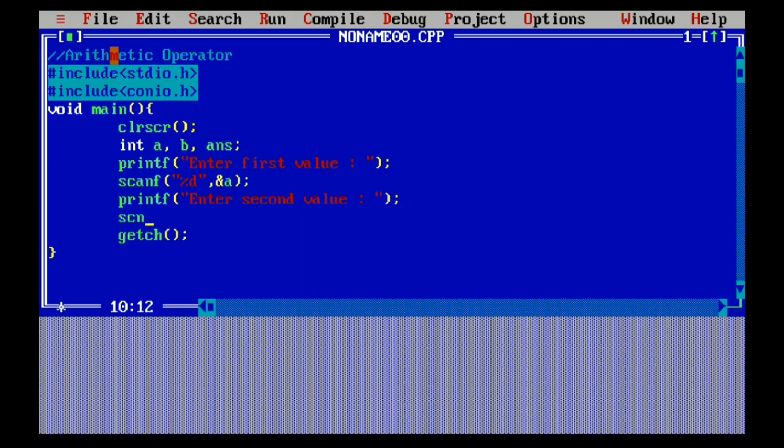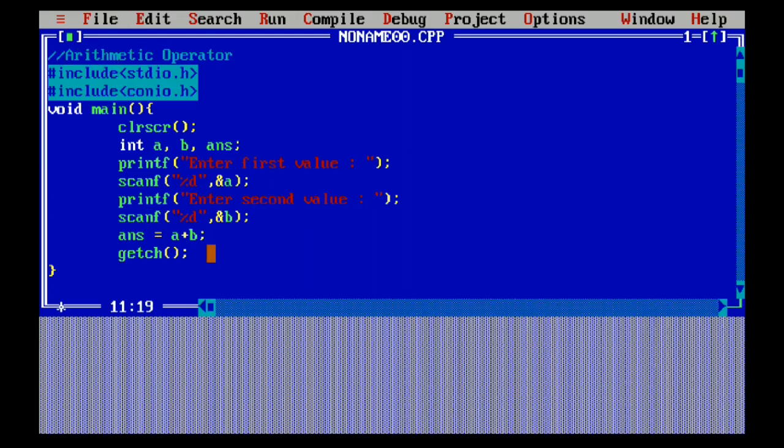Now printf for the second value, enter second value. Let us scan the second value, scanf percentage d, comma ampersand b. So we are going to perform addition. Answer is equal to a plus b.